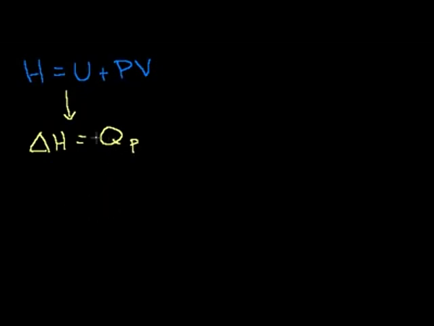Fair enough. So how can we use these concepts in any useful way? Let's say that I had some carbon in its elemental form as graphite, a mole of carbon, and I add to that 2 moles of hydrogen in its elemental form. It's going to be a gas, and it's going to be as a molecule, right? If I just have a bunch of hydrogen in its gaseous state, let's say in a balloon, I'm not going to have individual atoms of hydrogen. They're going to bond and form these diatomic molecules. And if I react them, I'm going to produce a mole of methane,